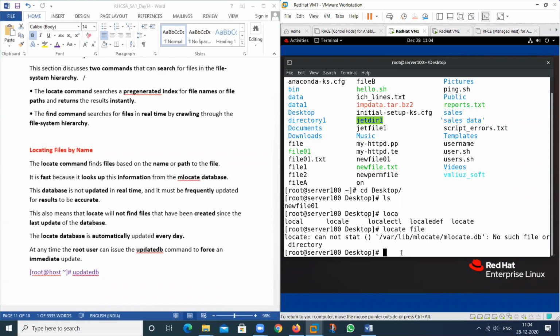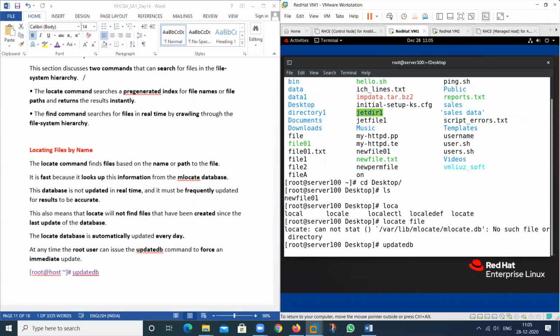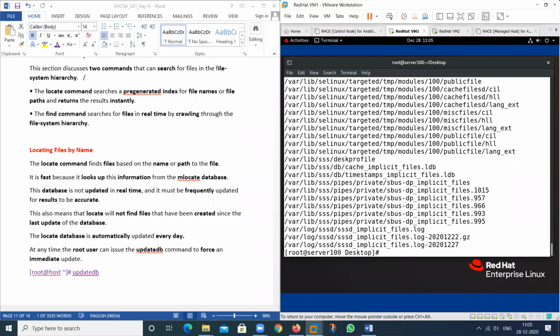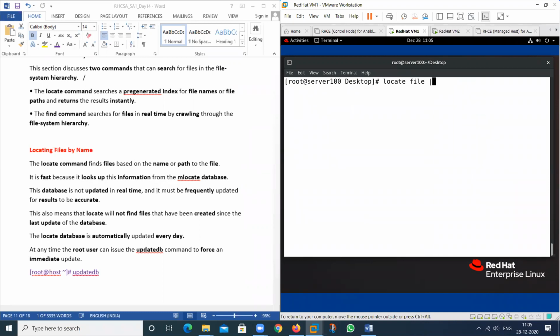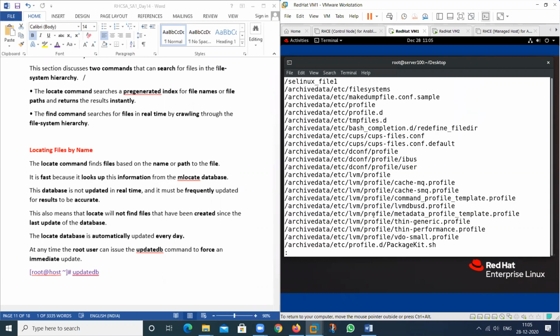So see here, updatedb. If I update this database, then I am able to search my file. My database is updated, so when we search again, I am able to search all the files. But I want to search my file only, so I will use the less command here.